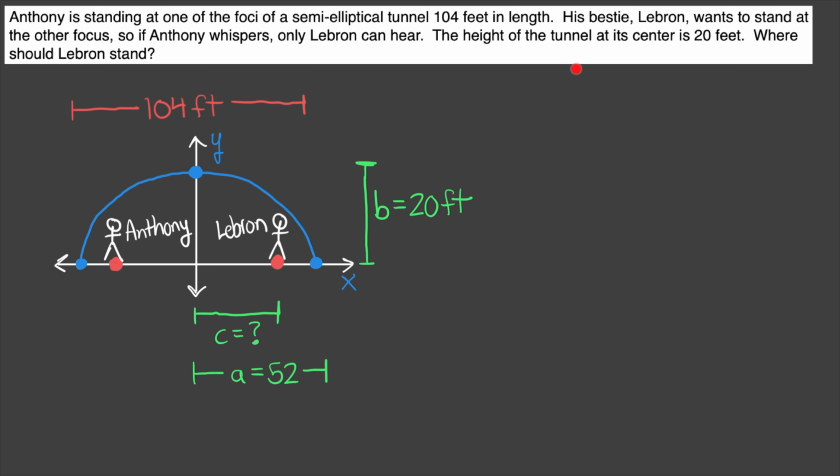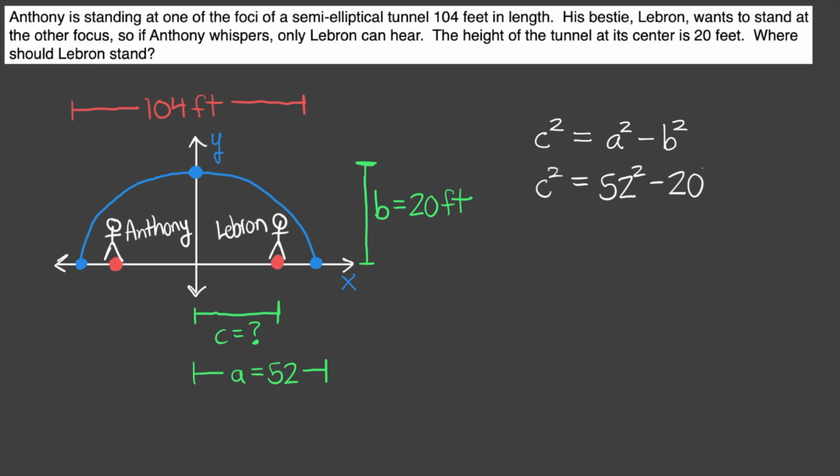All right, and then what are they asking for? So that where should LeBron stand? So remember, we're trying to find c. So is there an equation that relates a, b, and c for an ellipse? Yes, there is. Here it is here. c squared equals a squared minus b squared. So let's go ahead and plug in, and we can find out what c is. So c squared equals then a squared, so 52 squared